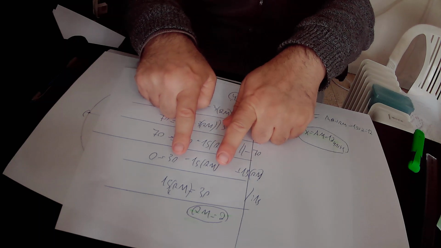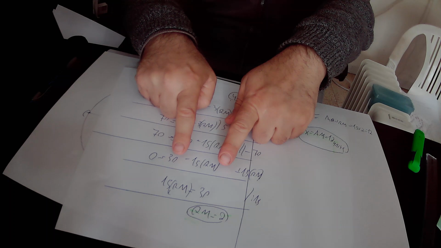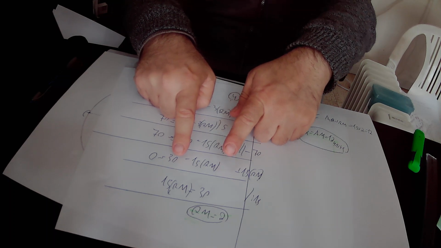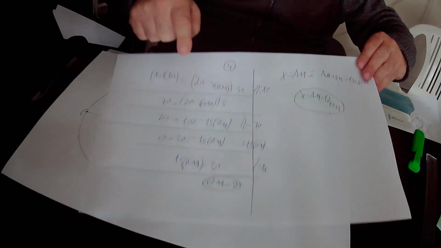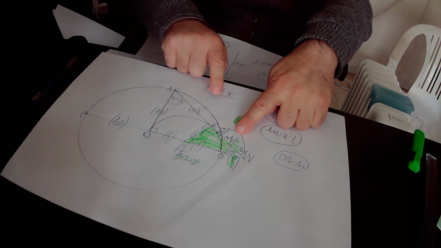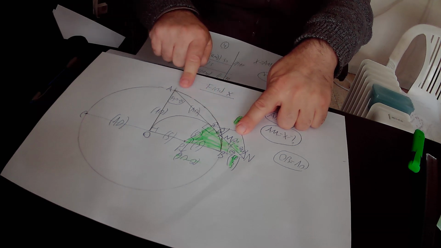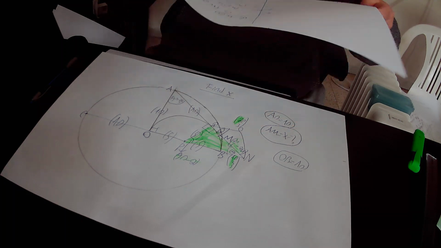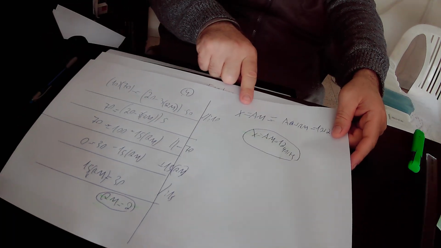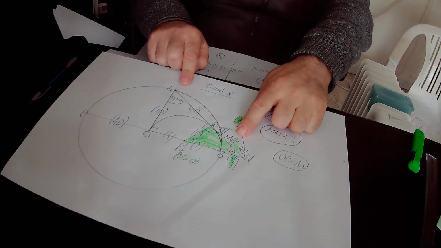We divide this equation by 15 and find that Qm equals 30 over 15, that is 2. So Qm equals 2 units in length. Our mission is to find the length of line segment AM, which is equal to x. Again, we have to find the length of line segment AM, that is equal to x, according to what is given in the question, and from the drawing it is very easy to see that AM in total equals